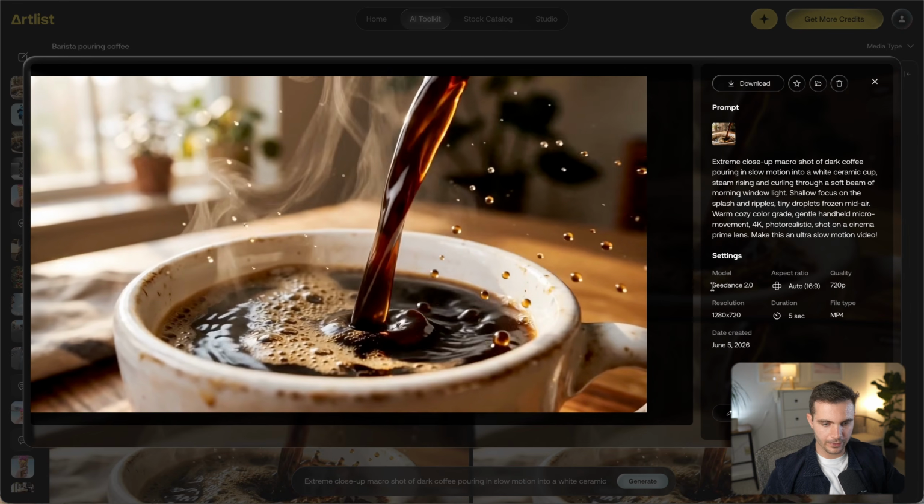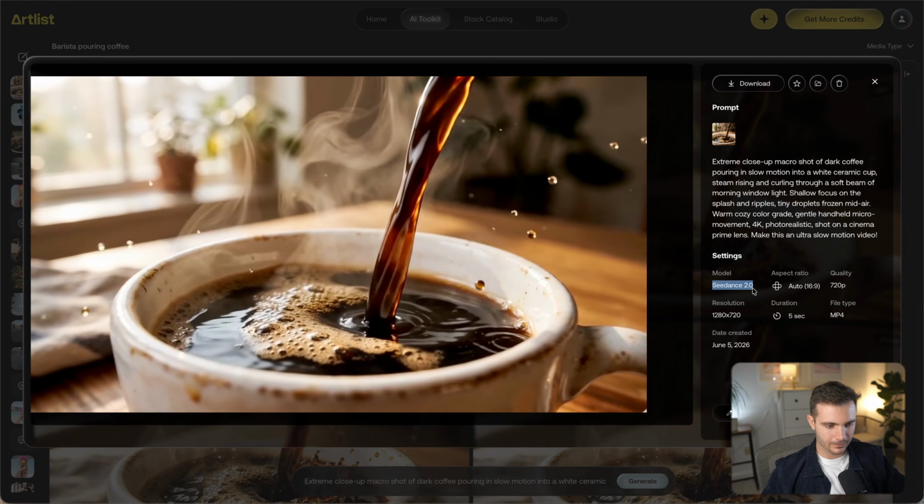And here's the last one, the Seedance 2 shot. And I think that shot is pretty good too, but honestly, one of the unlimited versions, for example, Veo 3.1 Fast or the Kling 2.6 model, did just as well. But the nice thing is that I was able to try out a bunch of these and see which one I liked the best. Let me know which one you like the most down in the comments below.